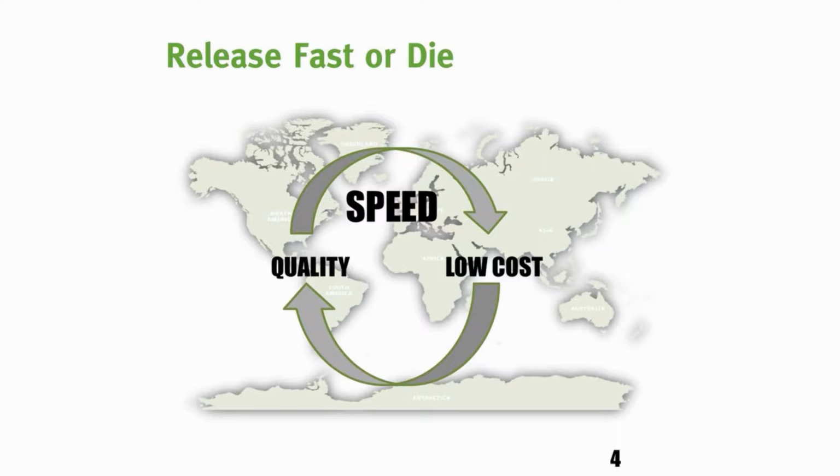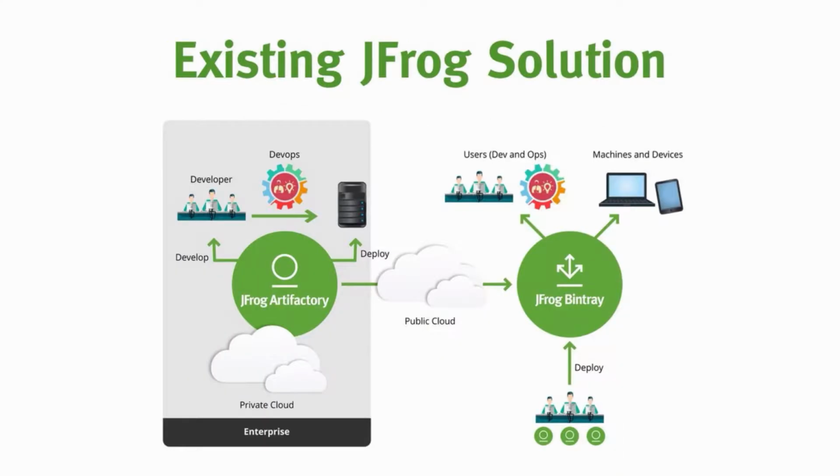So the motto of JFrog is release fast or die. And that actually means that our mission is to help organizations release software as fast as possible on multiple levels. We are talking about developers being able to push their changes as fast as possible to production, operations being able to provision changes to production as fast as possible, and on the organizational level, being able to use the competitive advantage and release as fast as possible. And currently we do it